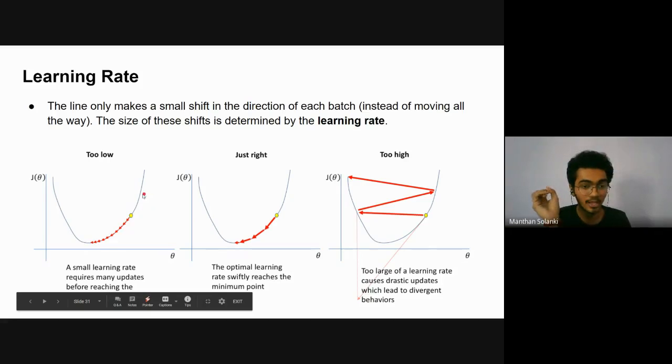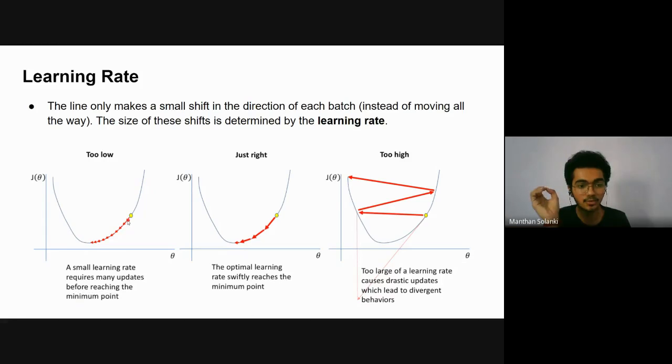So I will get a slightly lower value than the previous one, but it takes more time to converge, and it will take more computational power. So we should not choose a too small learning rate.